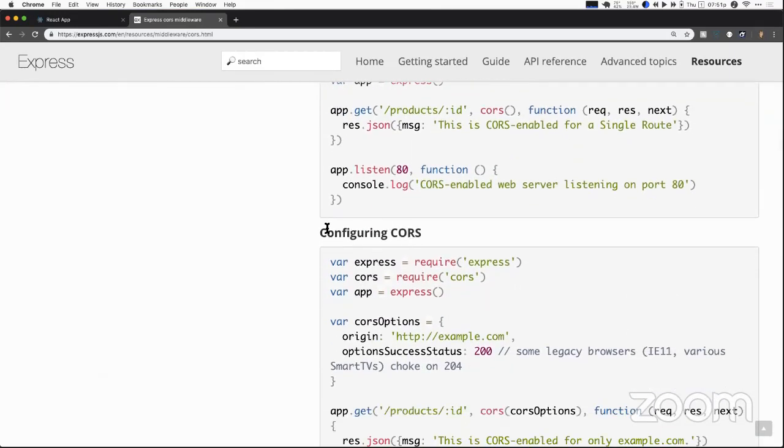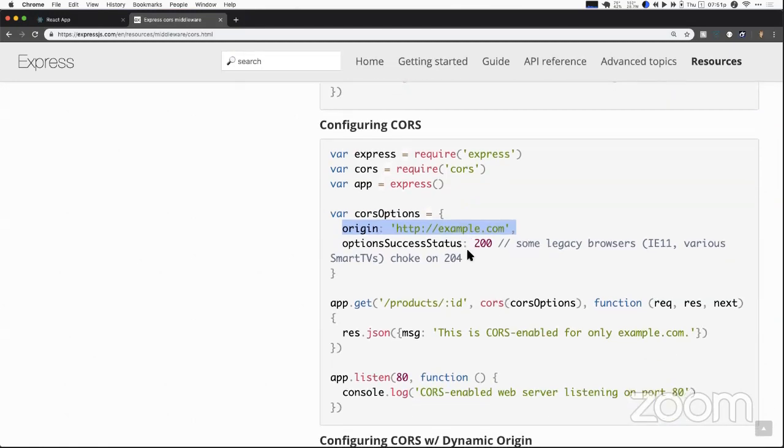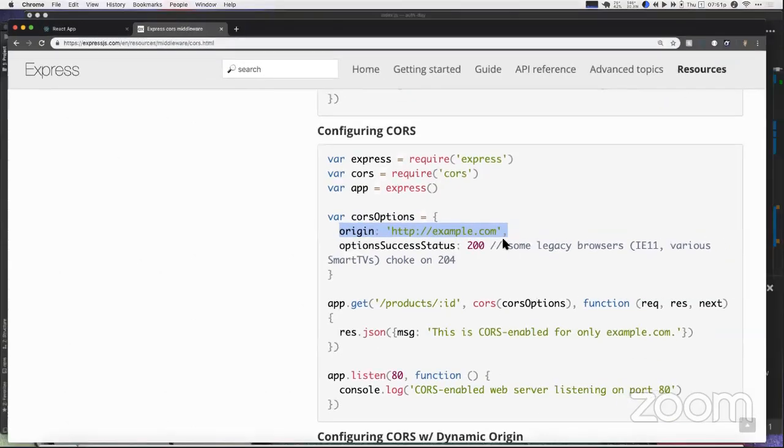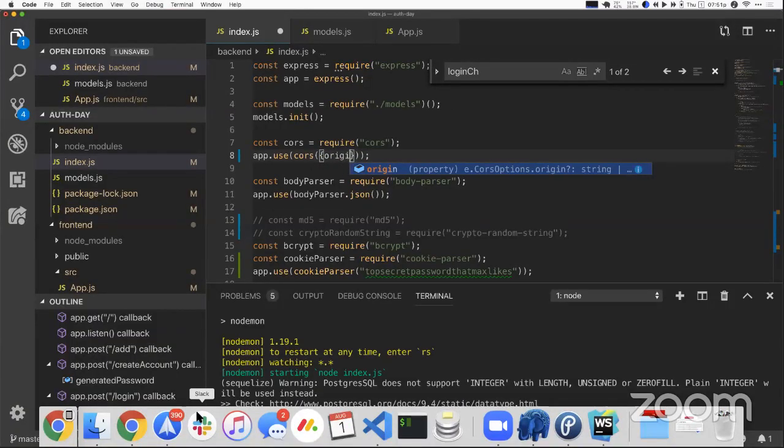And I'm going to look at configuring CORS. What configuring CORS does is allow me to pass in an origin. So it's allowing me to pass in a specific URL that it wants to allow on CORS. So great, I'm going to take that. I'm going to go back to my code and say the origin, the URL that we want to allow is